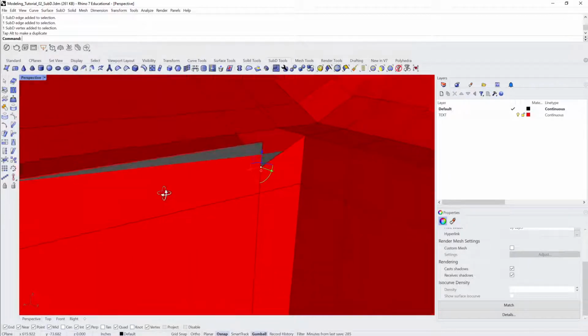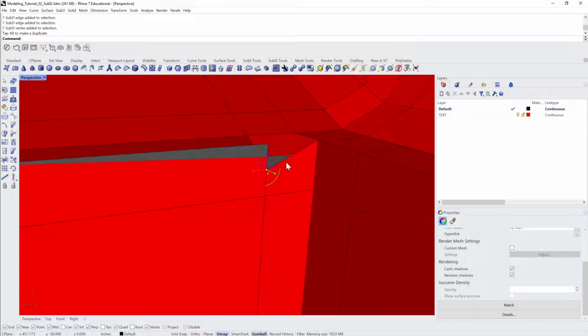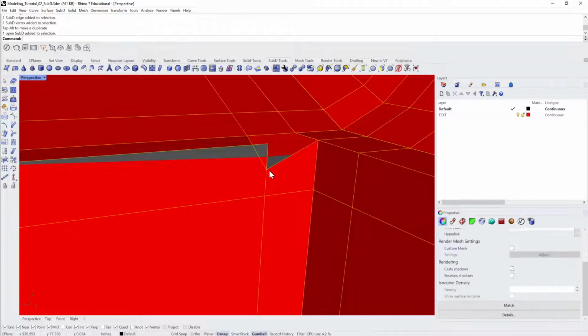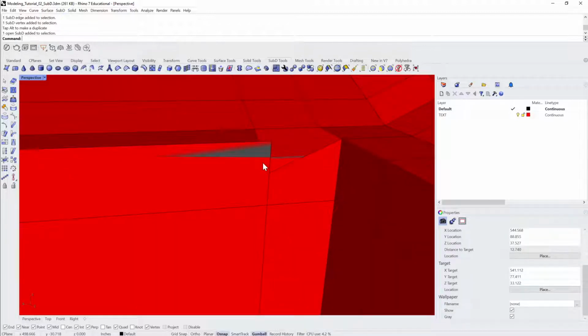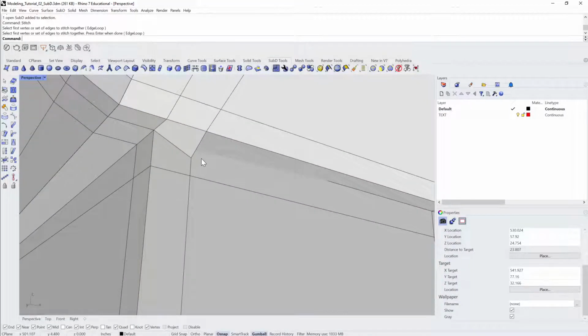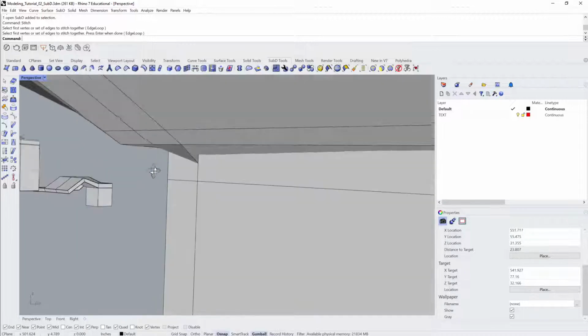There's some vertices, see, those vertices are not welded together, and that's why we're getting weird results, because these vertices are not merged together. So we have to use a command called stitch, and stitch is then going to allow us to stitch all of these things together,